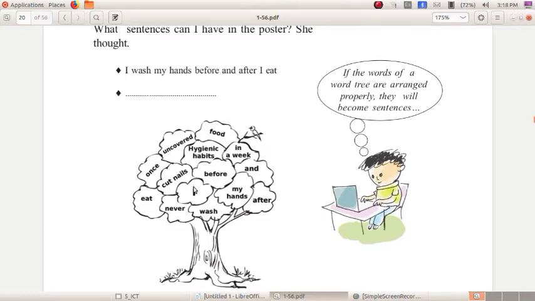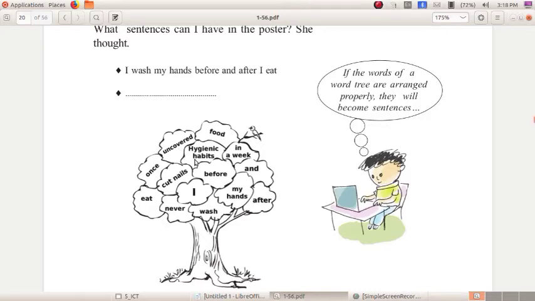Yes, I cut nails once in a week. Okay, so write it there. I never eat uncovered food.